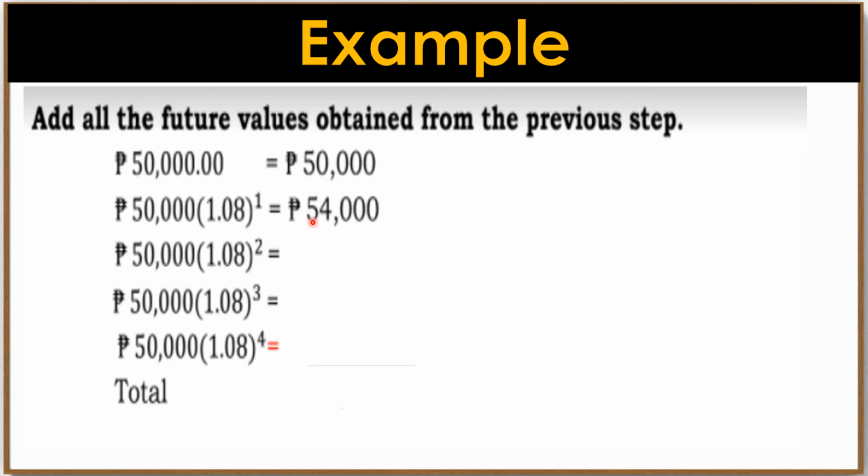What about for the third year? We'll have 1.08 raised to 2 first. Ito muna. Multiplied by 50,000. And we have 58,320. Next is after 4 years. So 1.08 raised to 3 times 50. And we'll have